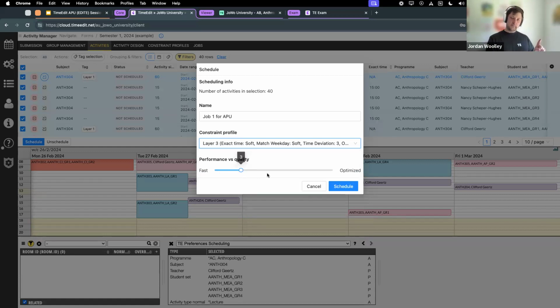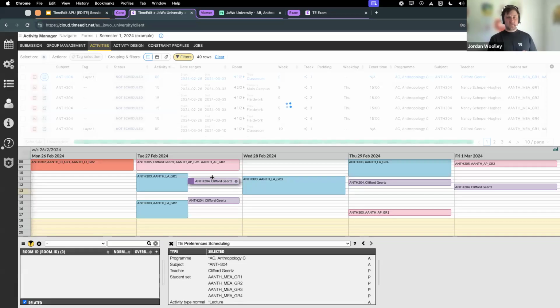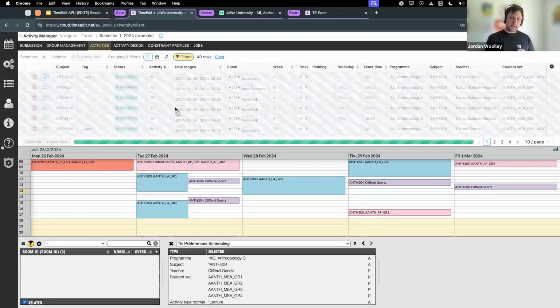Then I have this slider. If I take it all the way to fast, the first available spot it finds, it will drop that and move on. If I go all the way to optimized, it will take its time, pulling things in and out of the schedule to make sure that what it eventually gives us is as optimized as possible. Anywhere in between is along that spectrum. So I'm simply going to hit the job and let it run. While it runs quickly,